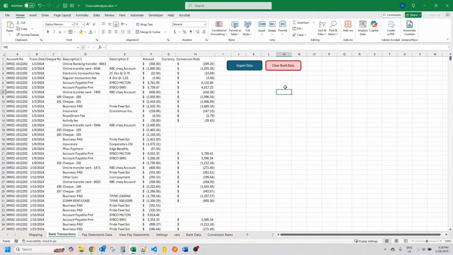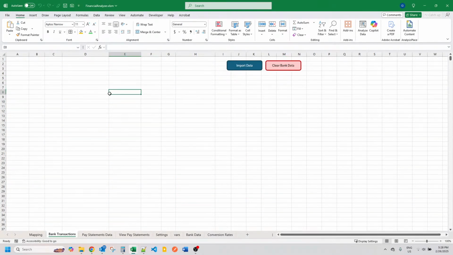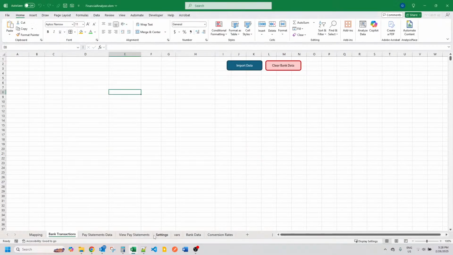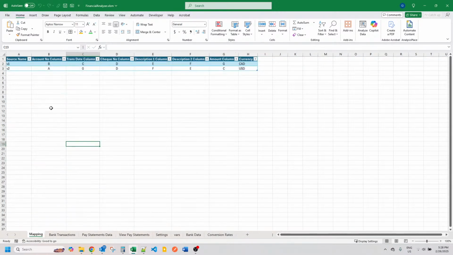Okay, so now I can easily test this. Just click a button, get rid of that. I don't want to start on one, man. And the worst thing about this, you can't undo VBA, right? So settings, mapping, get these guys again. Copy,